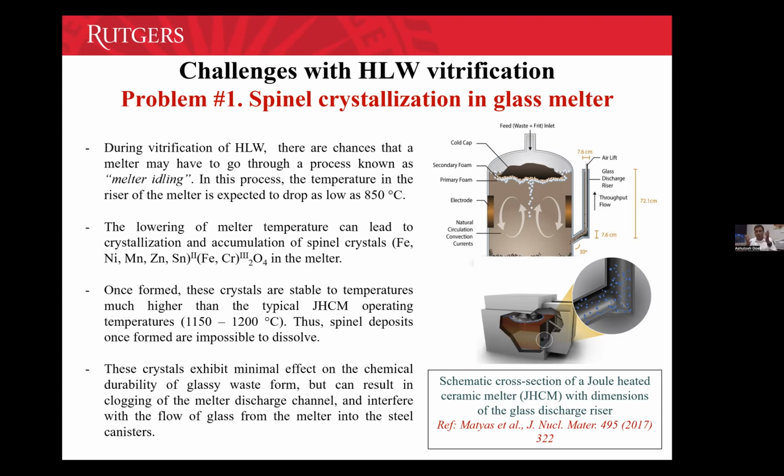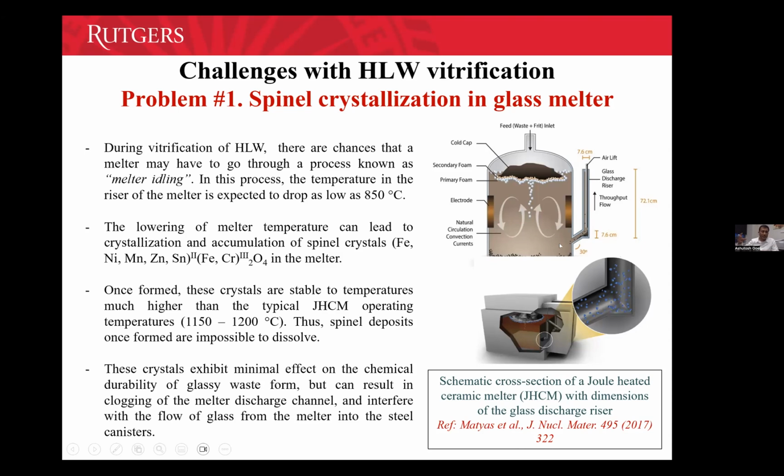So when you have melt with a density of 2.5 grams per cc and crystals with a density of more than 5 grams per cc, the crystals settle down in the melter. And they not only settle down in the melter, but they also settle down in the spout of the melter, right? Another thing that happens is at the spout, at the mouth of the melter, since the spout is in contact with the air, it cools down really fast, really quick. So over here, the spinel crystals also start to form.